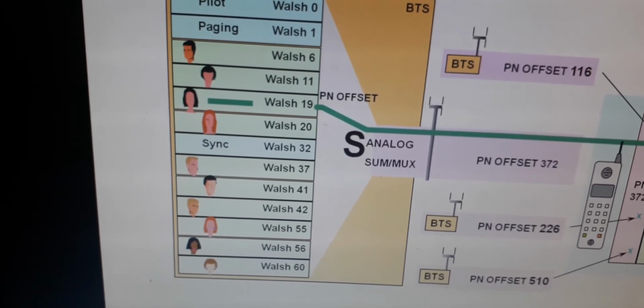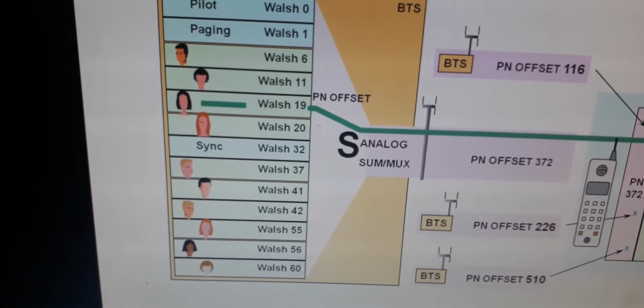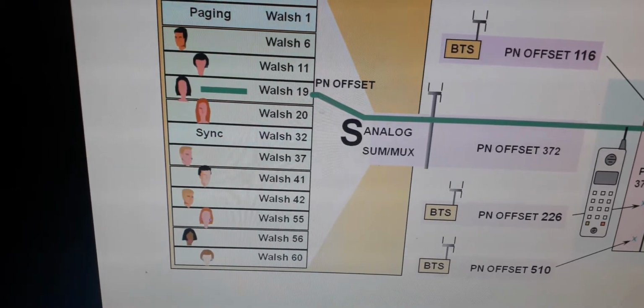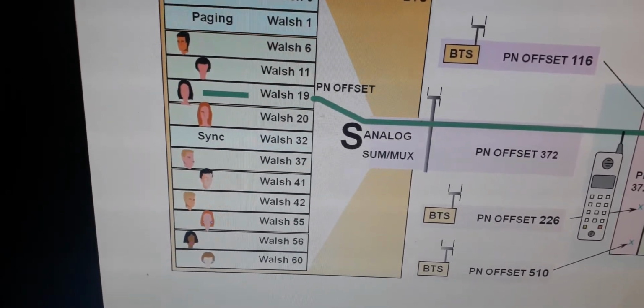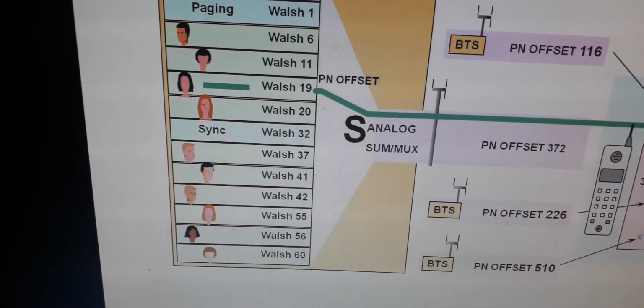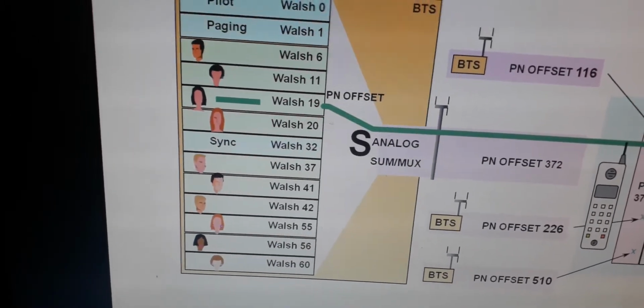So at a time one paging sequence is actually selected. If Walsh 1 is selected, then the others are also used for subscribers. Every subscriber is available, but here only the Walsh 19 sequence is connecting with the subscriber.